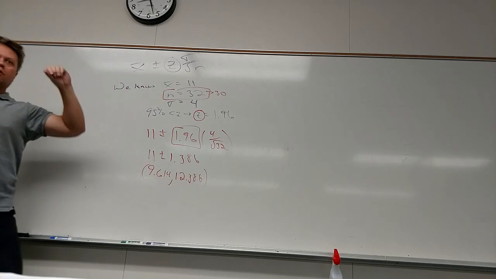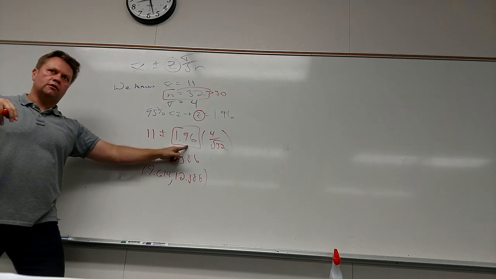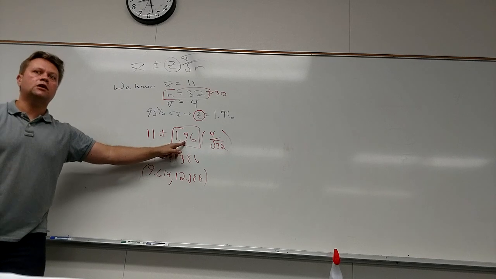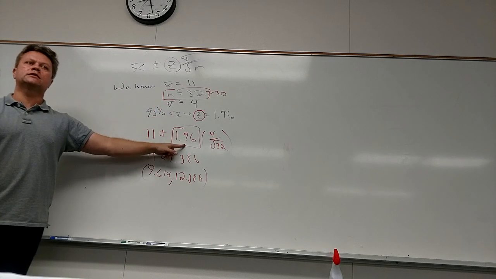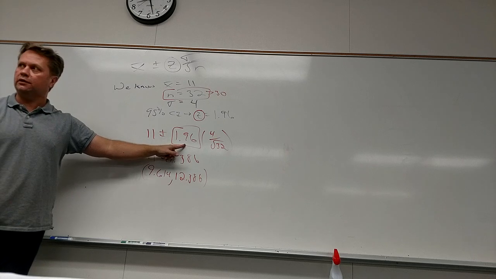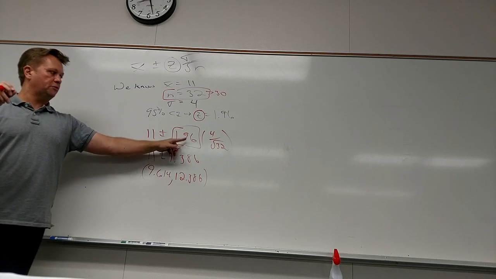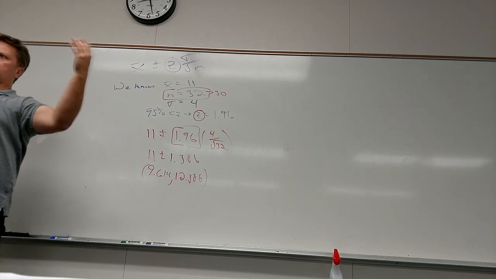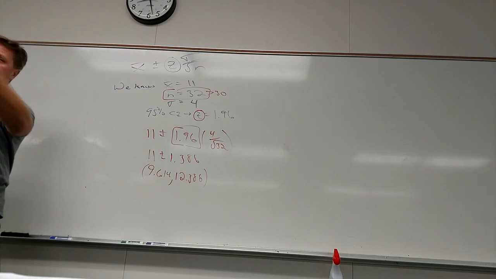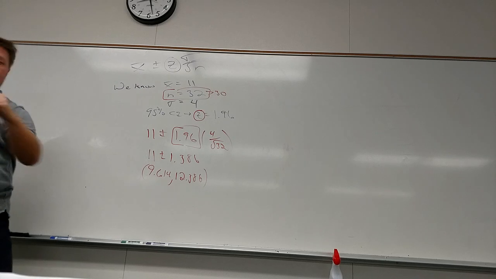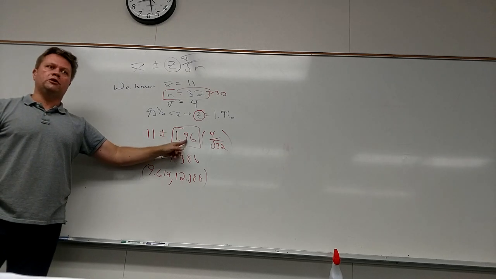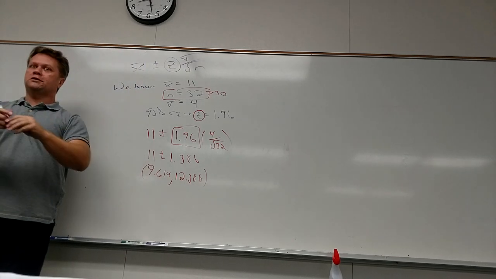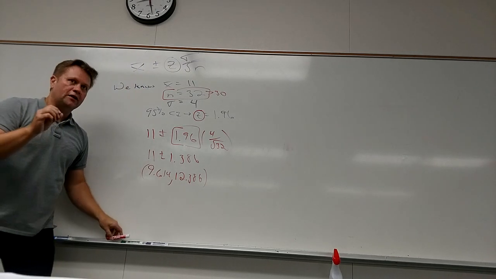Bigger. So the number I use here instead, to cover myself for not knowing sigma, is going to depend on how big my sample is. If I've got a really small sample, it's going to be a lot bigger than 1.96. It's going to be crazy, because it's like, you don't know anything. But if my sample is big, 100, 3,000 or something, it's going to be closer and closer to 1.96. It's like you don't need me as much. You're getting more and more sure about your stuff. So with that in mind,